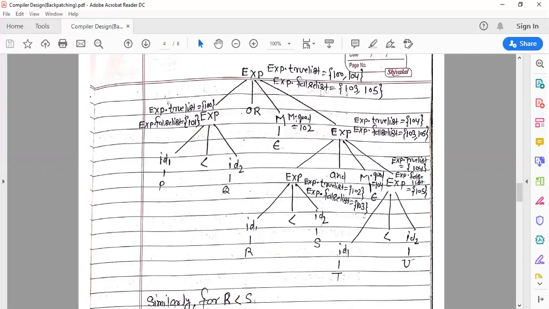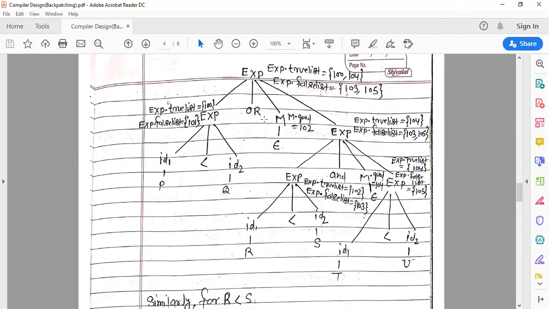Here m is associated with m.quad, and the other nodes have exp.trueList and exp.falseList. These lists will be filled after performing the traversal. So this is the first step.